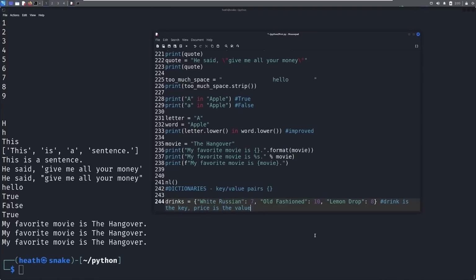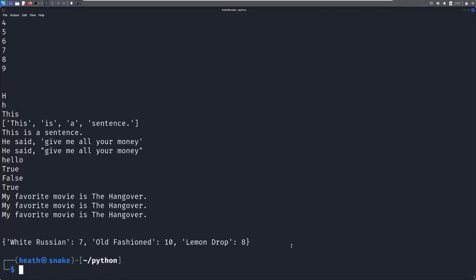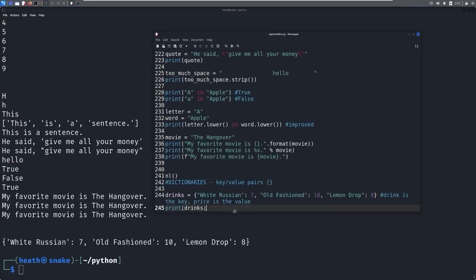All right, so we've got our drinks. We can print our drinks. Save this, go ahead, print. And you can see we print out our dictionary here. Now, let's give it